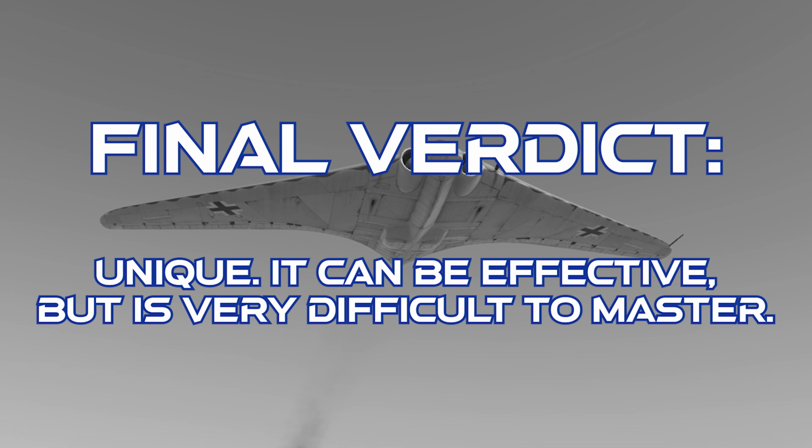The final verdict on the 229 is that this plane has a completely unique flight model and playstyle, which can be difficult to master. It can be effective, but just know in advance that it's going to take a lot of practice, and even then, there isn't really much you can do to mitigate the plane's